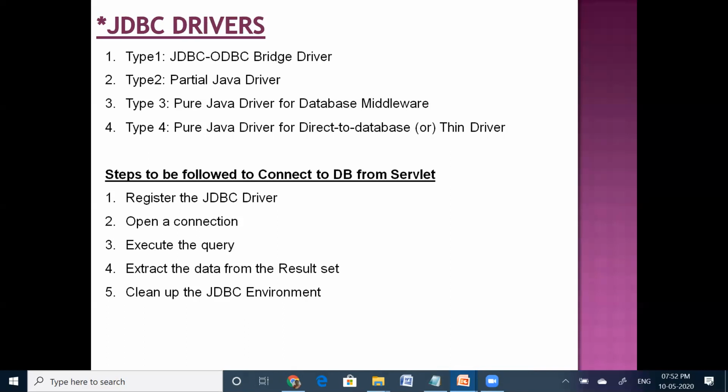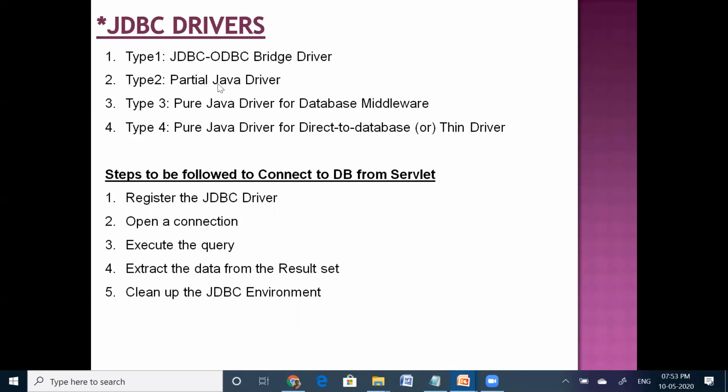So this is a very old technology. This type 1 driver is not written using the Java language. That is the reason why this type 1 driver is not portable. One more important thing is this driver software is built in with the JDK, so there is no need to install this JDBC ODBC bridge driver separately. Automatically, whenever you install, we will get the JVM. But the JDBC ODBC driver is not written using the Java language. It is a database independent driver.